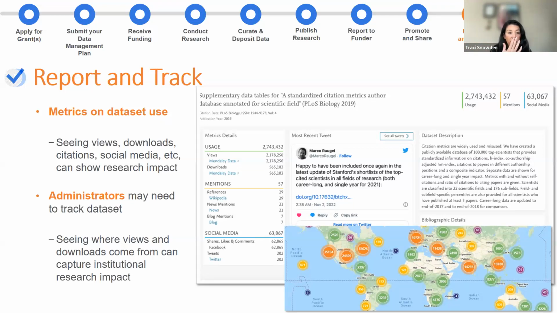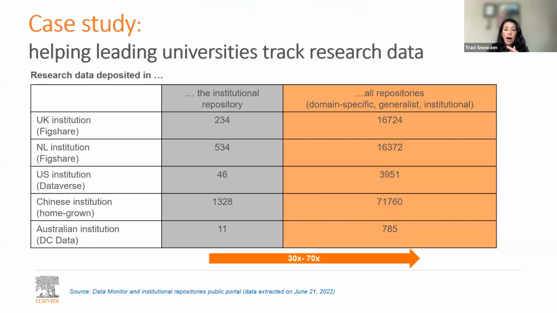This is a case study on research data, tracking research data. I want to show you a slide that highlights the importance of really ensuring that you're tracking data across repositories. So if we can move to the next slide, please, Emily. As you can see from this slide at a glance, there are numerous institutions and their repositories, as you can see in column 1. In column 2, you can see how much of that data was harvested from their actual institutional repository.